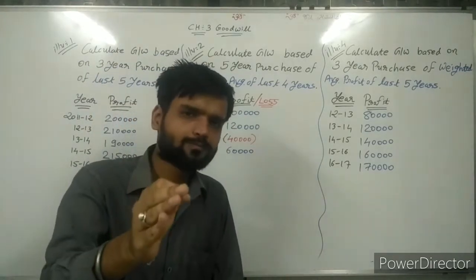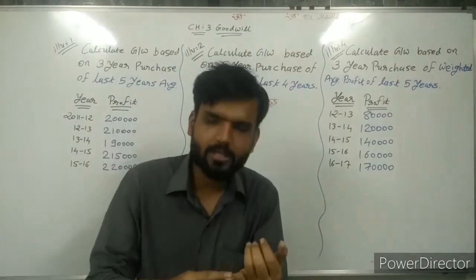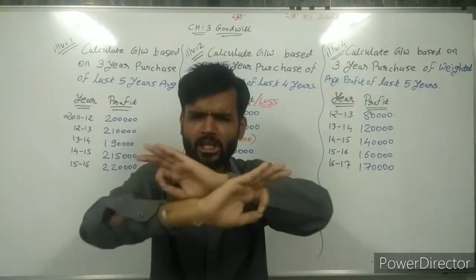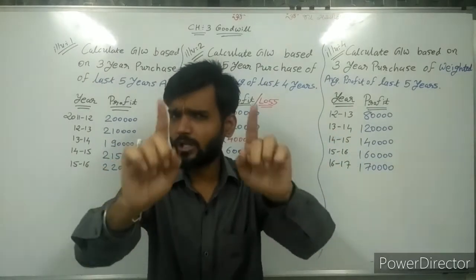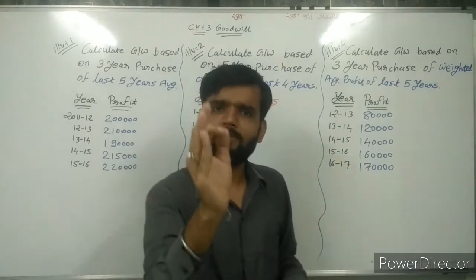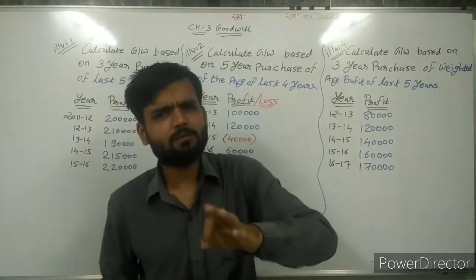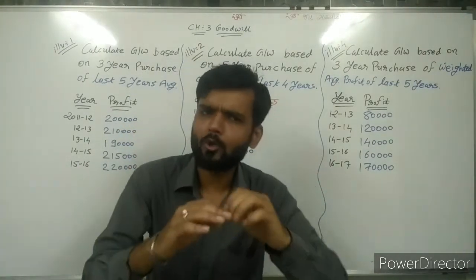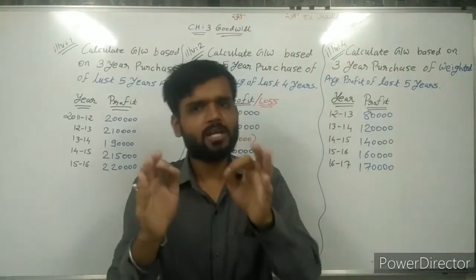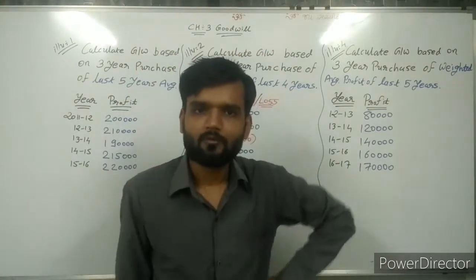Now, I told you, from these three sums we have to apply simple average or weighted average. If the information is clearly given in the question, use the simple average method, then you have to use the simple average method. If clearly given, use the weighted average method, then always follow whatever is given. Find by the weighted average method. Whatever method is given to you, follow it.